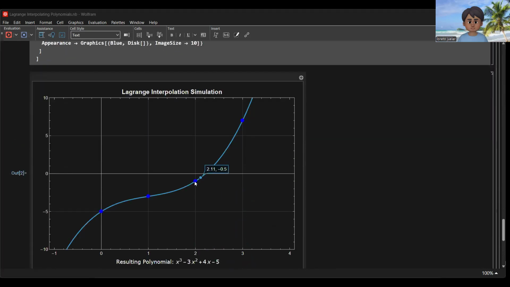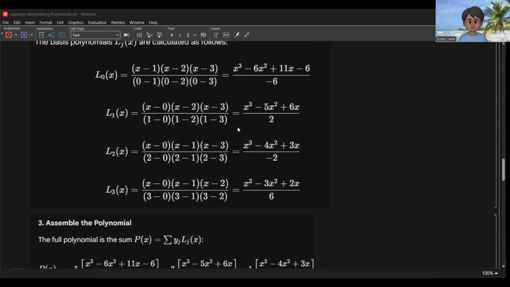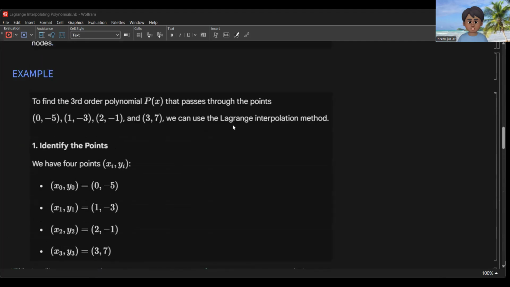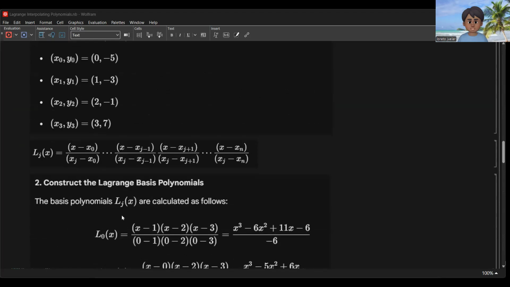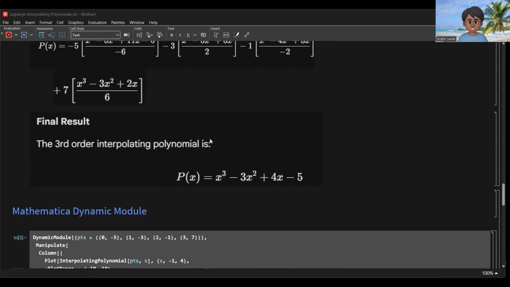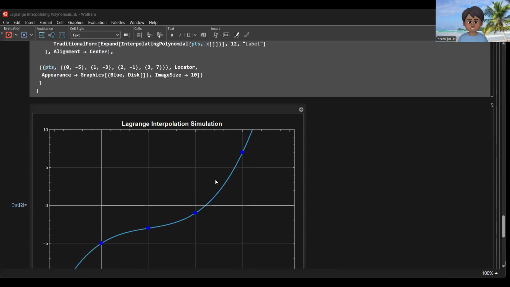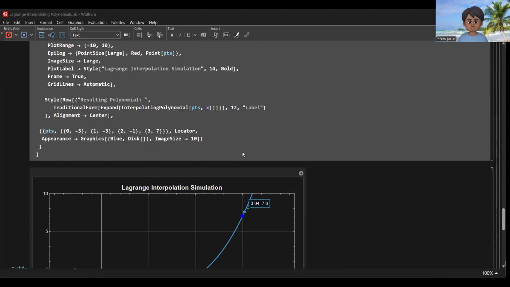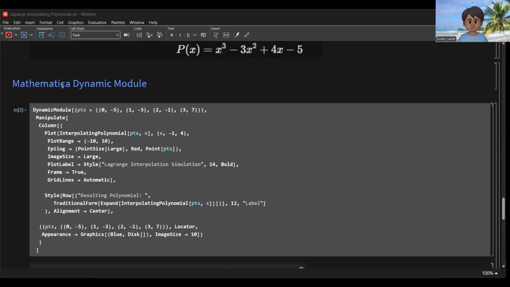Then we have this point x3, y3, so 3, 7, where 3 is x and the corresponding y coordinate is 7. So by using Mathematica here, using the dynamic module of Mathematica,